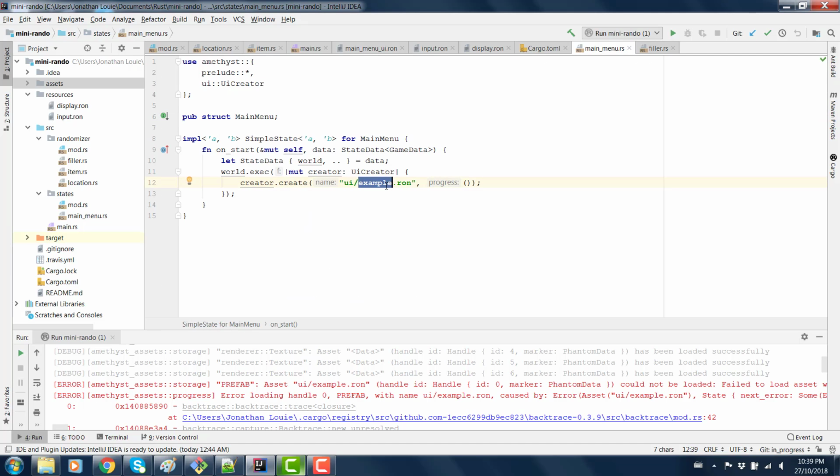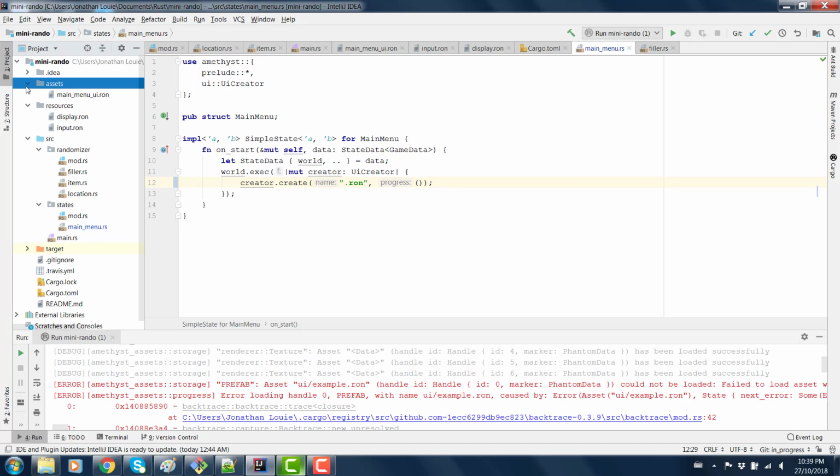And I don't think I put it under UI, did I? I just put it under assets at the top level, didn't I? I sure did. Main menu